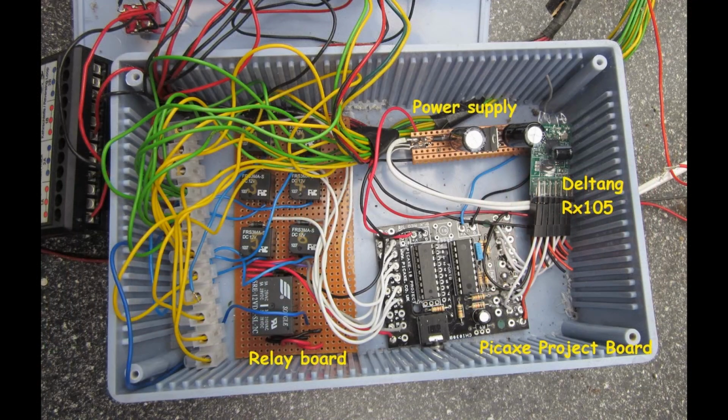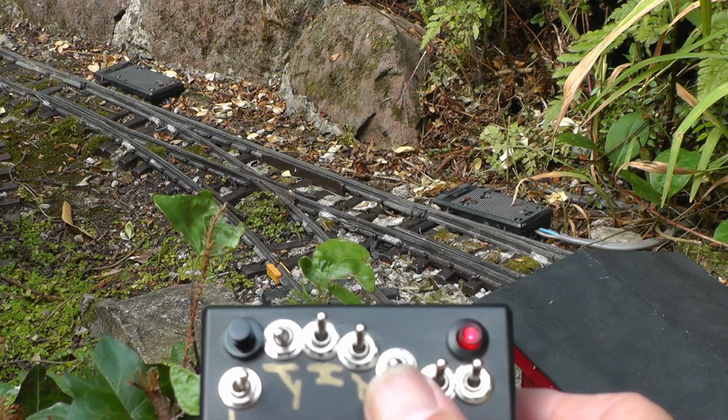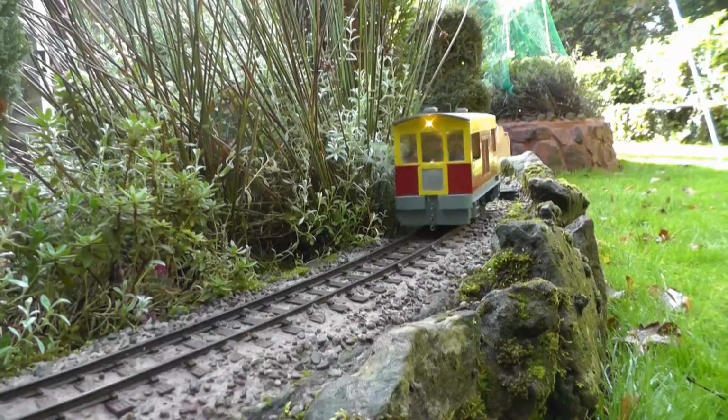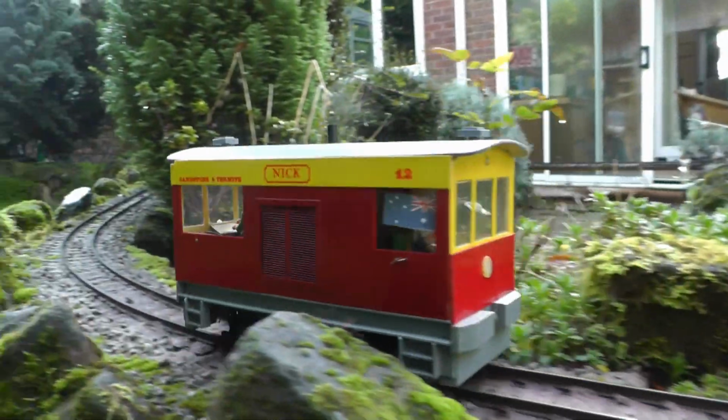With the help from my mate Greg in Australia, I adapted a Deltang points controller so it could remotely operate the 7 sets of points on my railway, which are the most difficult to reach. And in September, Greg and his wife came to stay for a while. He brought with him one of his Australian rail cars, which spent a week or so happily pottering about on